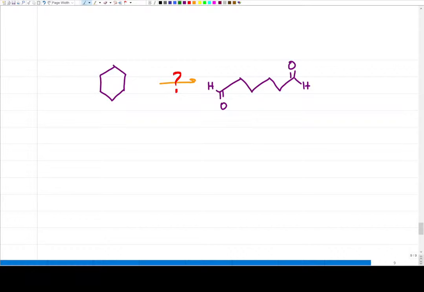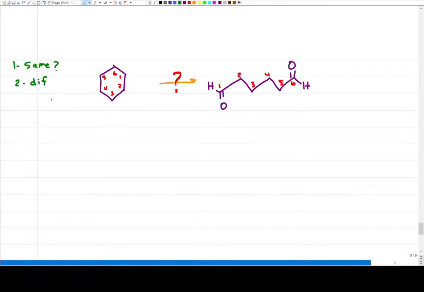Unless we take a step back and we ask question 1. What is the same? How many carbons do I have? 1, 2, 3, 4, 5, 6. 1, 2, 3, 4, 5, 6. Okay, not so scary. All I have to do is think of opening the ring, because question 2, what is